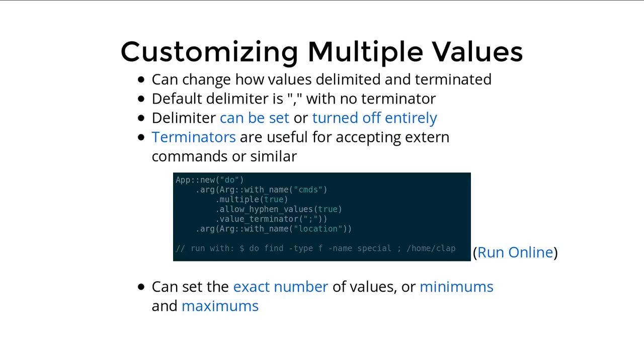I forget what it was. But they just turned it off entirely because they also weren't sure about picking another character. They're like, that may conflict with something else we want to use later on. So, but yeah, in this example right here,